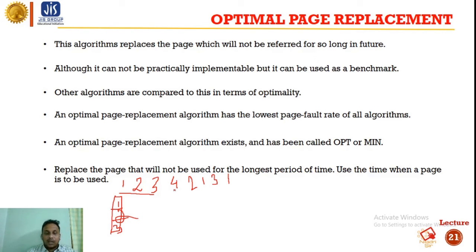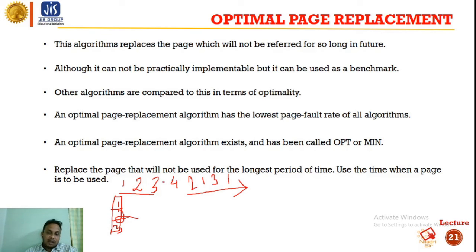The concept is that there are 1, 2 and 3 in memory, so 4 will be replaced with any one of these. We have to check which one will be used later in the future.